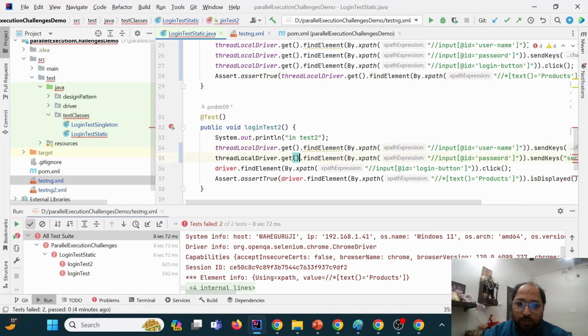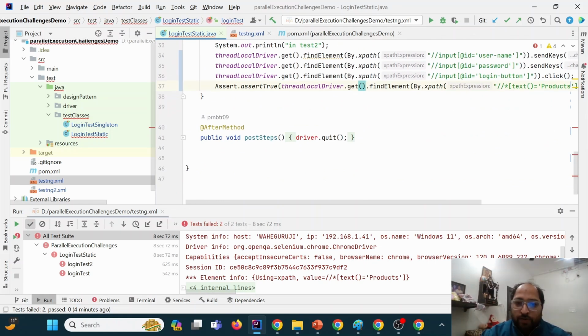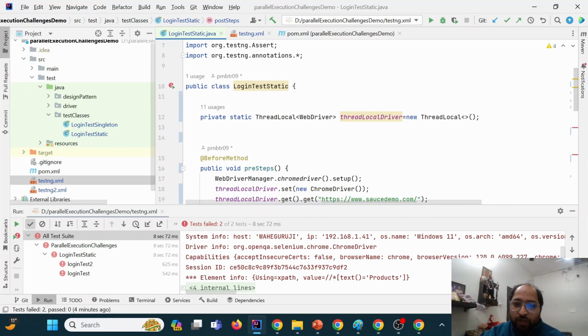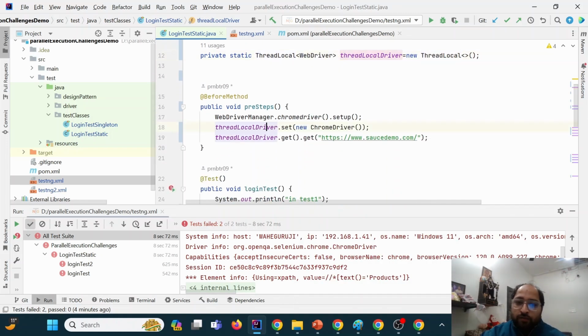So I'm doing this, and likewise here as well, right? So let us quickly recap what we have done. We have converted the normal WebDriver instance into the thread local type of instance. So how did we do it? By enclosing it into the thread local, and then after we were writing driver equal to new Chrome driver, and